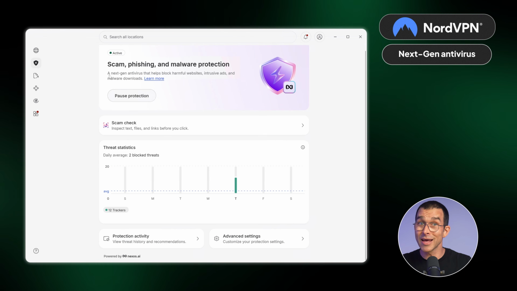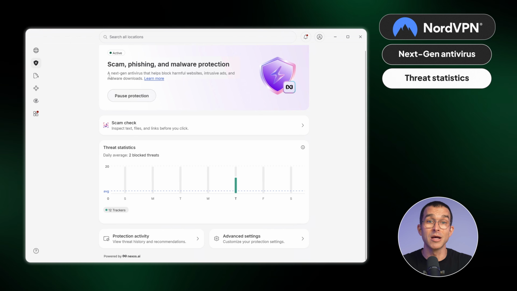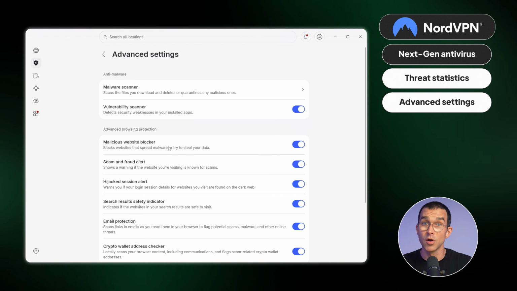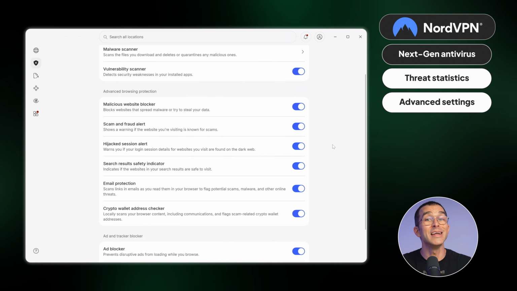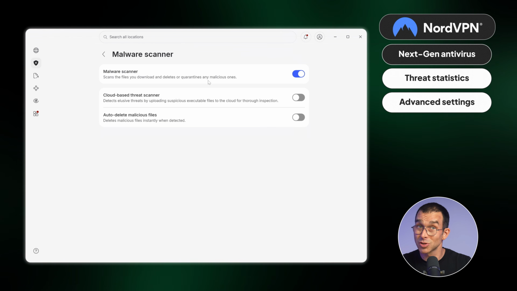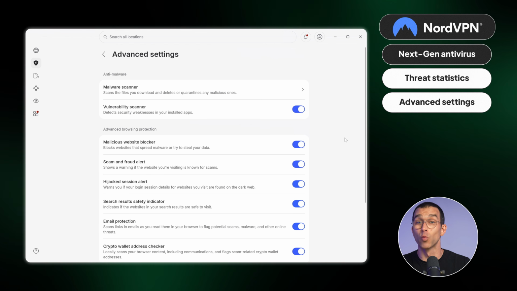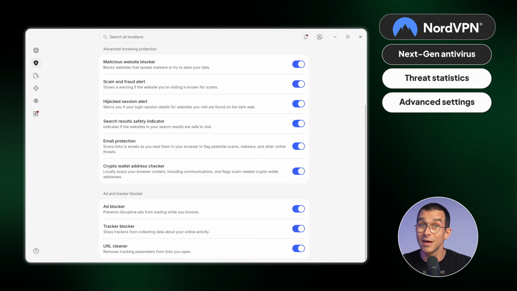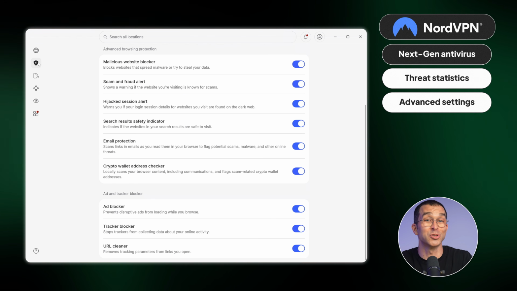A bit below that in the app is the threat statistics, as well as advanced settings. Here, you can pick and choose the features you want and easily enable them in a single click. I recommend you enable as much as you can because 2026 is really heavy on malicious online activity, and there's no such thing as too much security. Additionally, mobile users will get scam call detections in their NordVPN app. This feature will automatically highlight the source of calls you receive and mark any suspicious ones so that you'll be